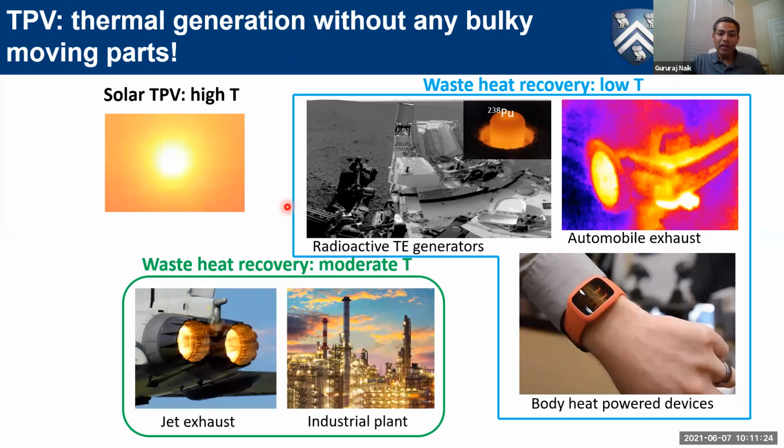Okay, and just to compare, NASA's rover, which used a plutonium radioactive source to generate power, actually used thermoelectric generators, not thermophotovoltaic generators. And if any of you have researched the conversion efficiency of this one, it's less than 2%. With less than 2%, that was the state of the art. We were able to design systems that survive on Mars. So suppose we were able to get efficiencies like even 15%, that would be a game changer, right?